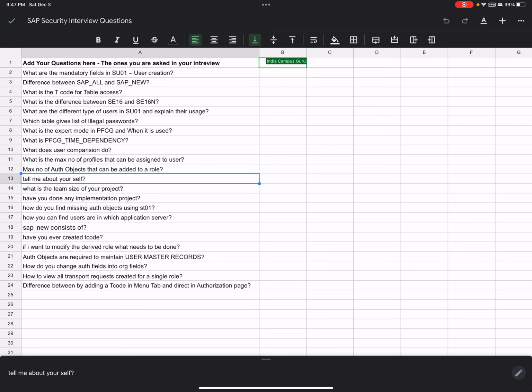So when somebody says tell me about yourself, be truthful. Don't try to fake it. If you fake it, it's going to come out, right? So you can't fake it. Don't do those unethical things, like trying to show some experience or whatever. Just talk about it. Maybe you have not actually worked on a project, but you know how an implementation project is done, like what an implementation project actually is, right? Maybe I can do a video on that.